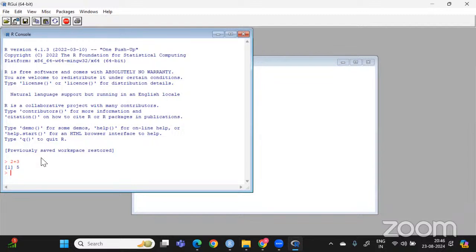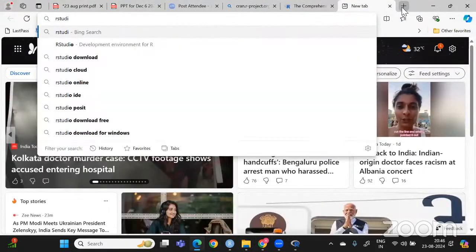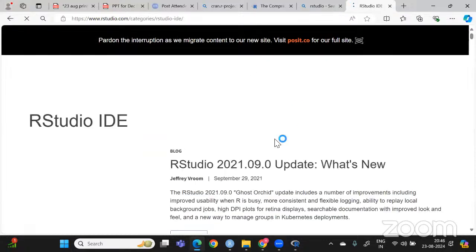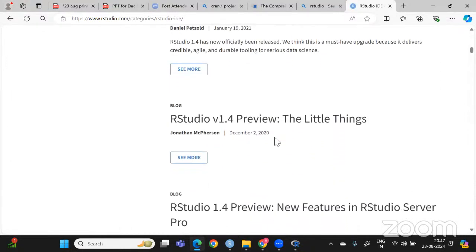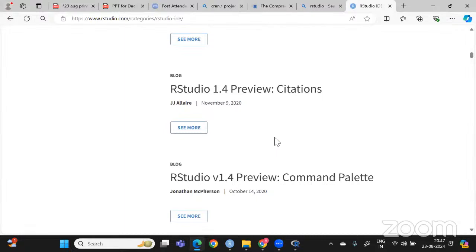To make it more user friendly, there is another user interface called RStudio that was introduced. When you go to this link, RStudio, or you can directly download RStudio. You have to download this, but first you have to install R software, then install RStudio, then only it will work. Because basically, RStudio is a user-friendly interface that takes help of R software at the backend. So whatever